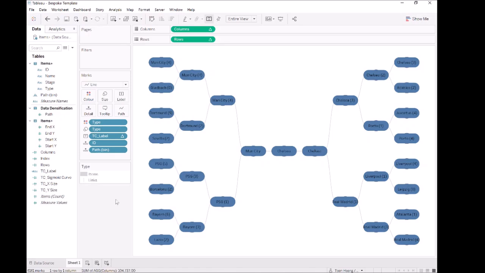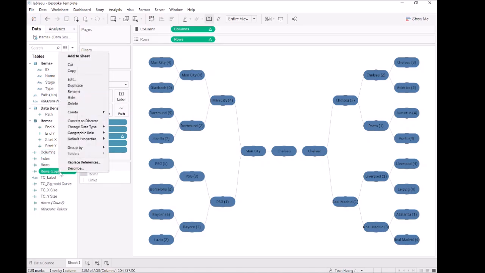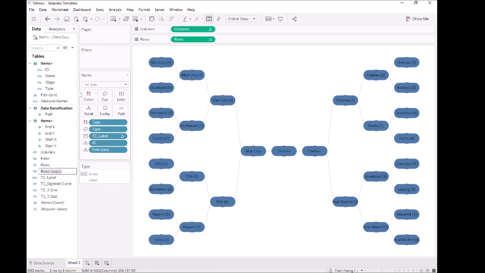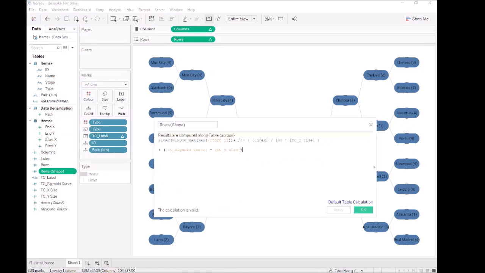What I want us to do to start off with is to duplicate our rows. And I want us to rename this as shape. I want us to edit this, and now I want us to remove this because we don't want any sigmoids, we don't want any of that fun stuff. I want us to type the following: if, now this is the fun part, index is equal to 0, i.e. if it's a starting point,